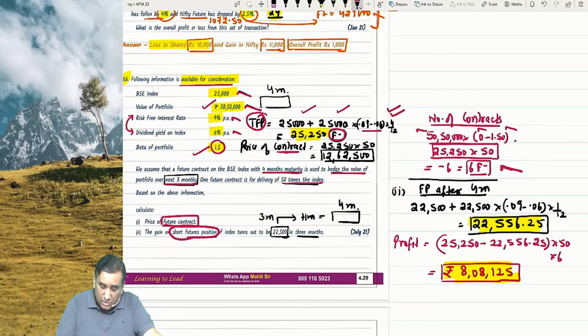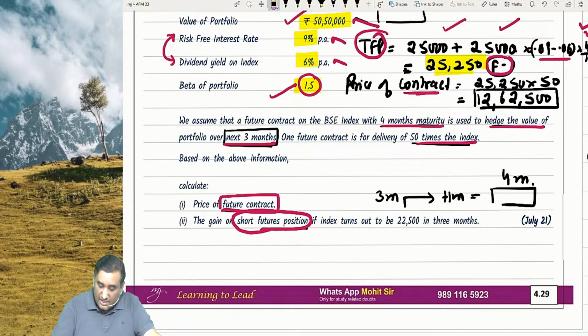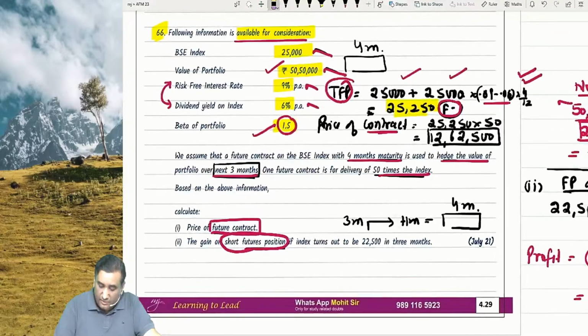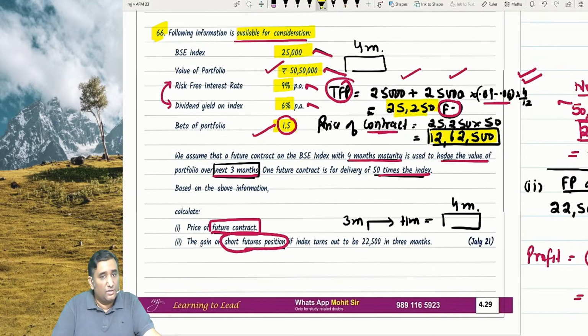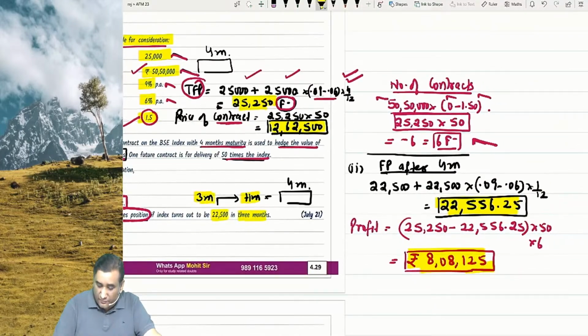If the index turns out 22,500 after 3 months, you are standing in the part when you calculated the price formula, you are standing how many months? 4. And he is saying 22,500 after 3 months. 3 months plus 1 month, make it 4 months. Our value will become, if I look at my answer here, it will be after 4 months. That means you are already standing at